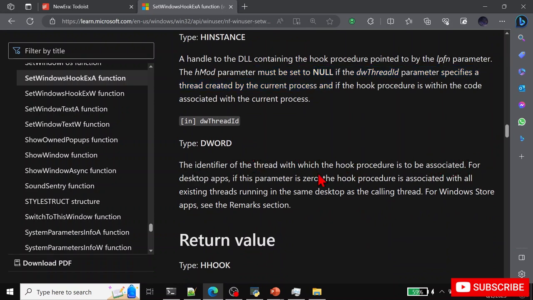And it will tell you for desktop, if this parameter is 0, the hook is associated with all the existing threads running in the same desktop. So what does this mean? This means you would type a number for the application that you want to listen to, or inspect the keystrokes of, but we want to listen to all the applications, so we're going to put 0. We won't give a number for a current application. We're just going to put 0 to hook all the applications. Okay,